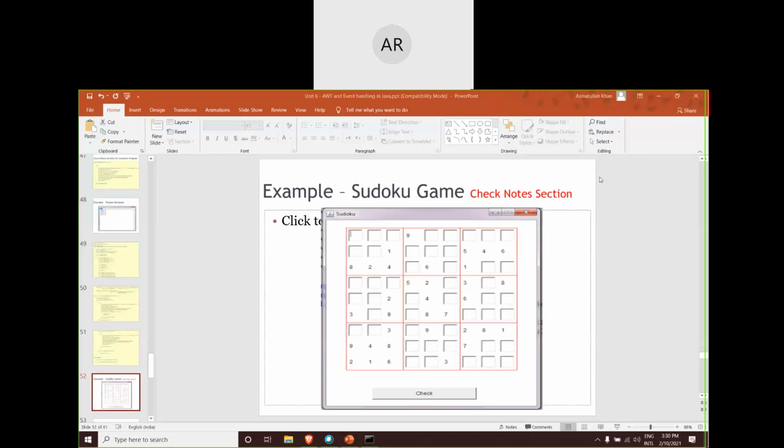The only thing is, how to get full screen in Sudoku? The title has to be hidden, and you will have to use borderless frames. That's a higher-end concept, and then you can have those things in full screen.